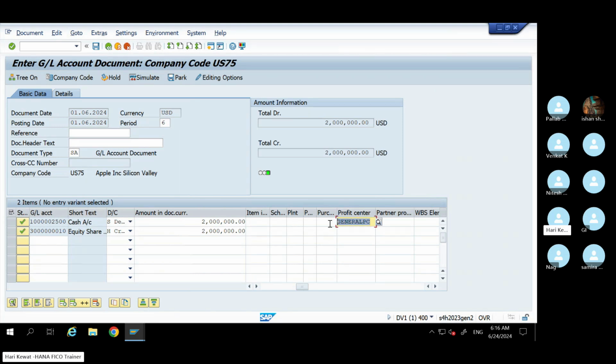Due to document splitting, if you give it under one line item, in the other line item it will automatically come. It will automatically come due to the inheritance functionality. I have already taught you. Hit enter. So these are the details you have to enter. Then you can